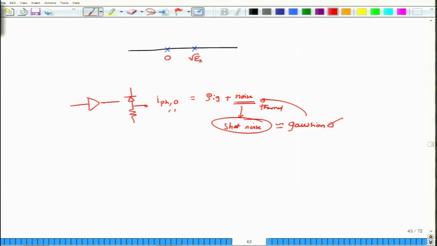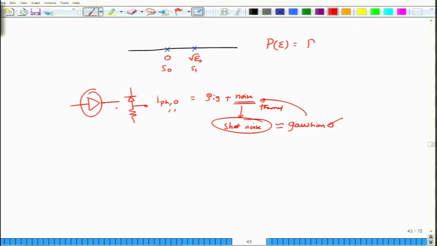So please keep this in mind and take it for now that this is operated under the thermal noise limit, although we know that when you have a preamplifier, the major noise sources are shot noise and the signal spontaneous beating noise. But for now we will assume that this is all Gaussian noise, right. So I have a bit 0 and bit 1. I will make an error. So what is the probability of error?